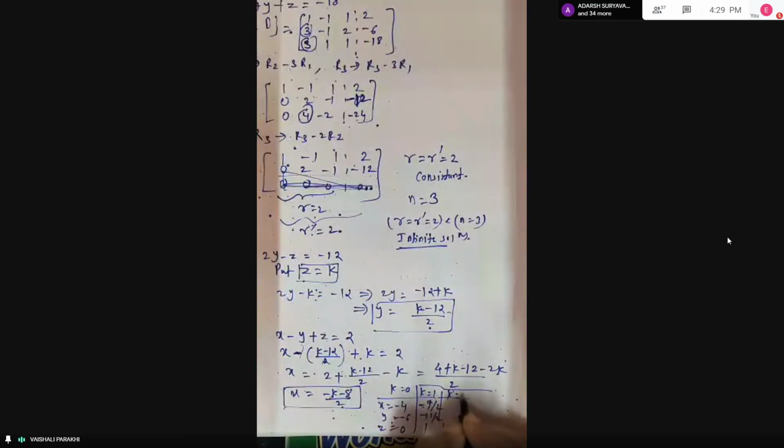If you take k is equal to 100, what will happen? If you take k is equal to 1000, what will happen? Right? So for every value of k, you are getting a different set of solutions, different values of x, y, z. And that's why we call this infinite solutions. So whenever you get an infinite solution, you should prepare your mind that you are going to get the answers for x, y, z in terms of an unknown. Okay, any doubt at any step?